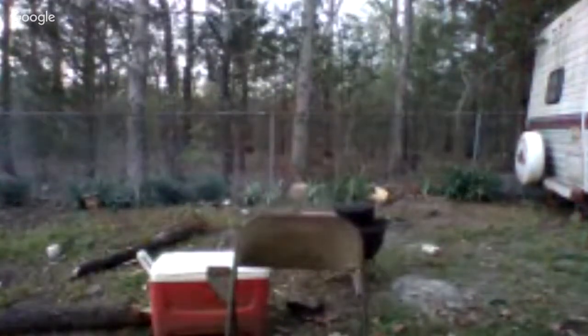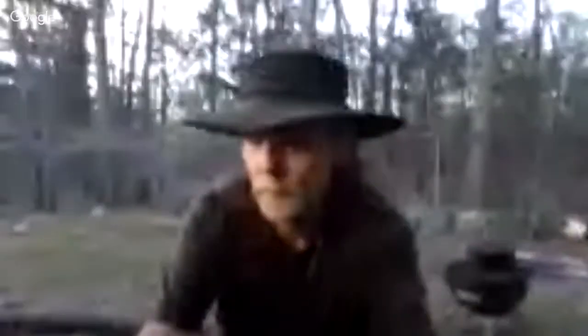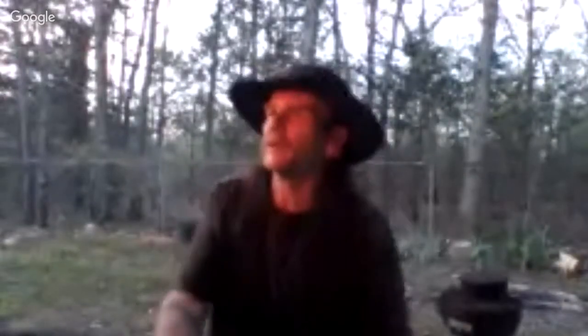Hello, little bear. What you doing, buddy? Well, would you like the rest of that rabbit and squirrel? There ain't much. There's just a couple little pieces there. But I got a feeling after you eat that, there you go, pal. That knife right over here. You don't need that. How about I set this old crock pot on top of that bucket of tar, and then holy sheep shit,